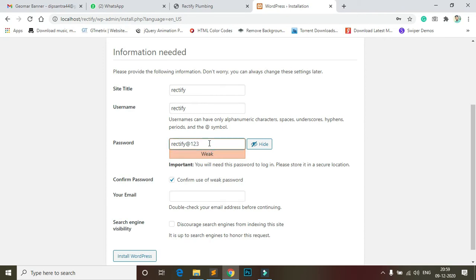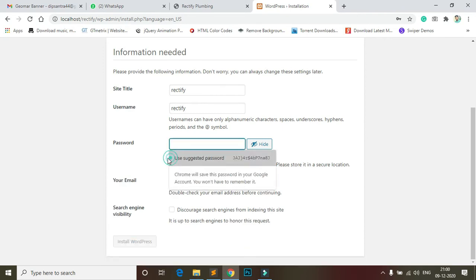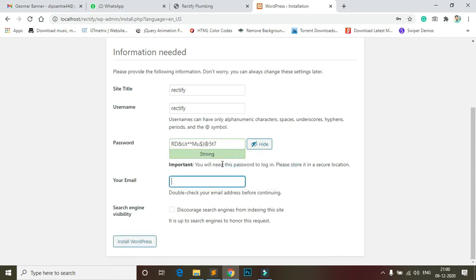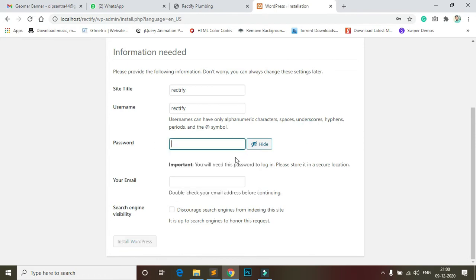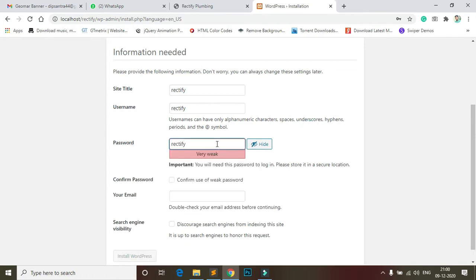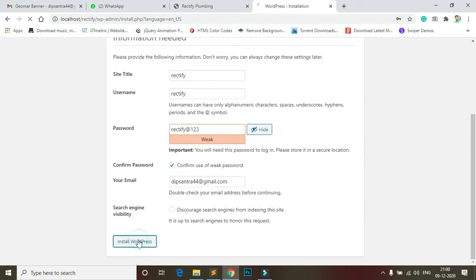Otherwise you can use a strong password, but I need one that is easy to remember. This is my email ID here, and install WordPress.